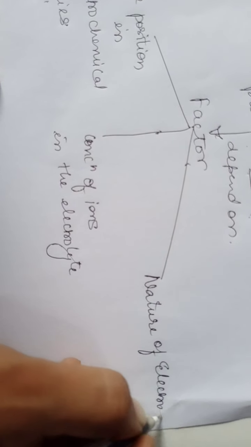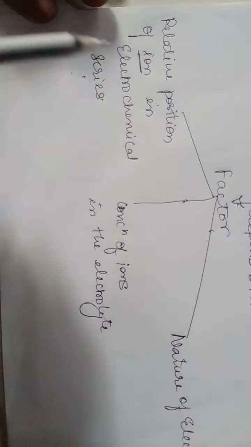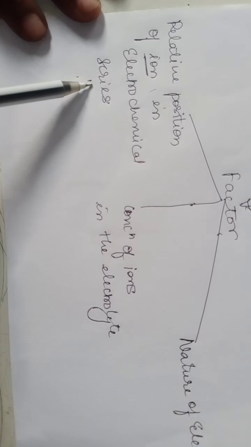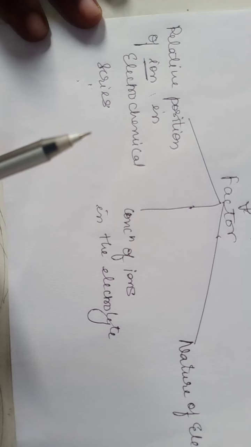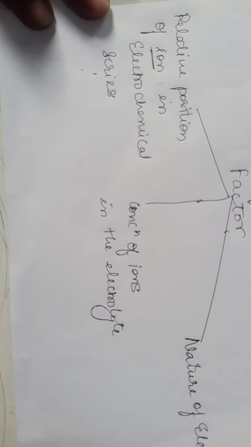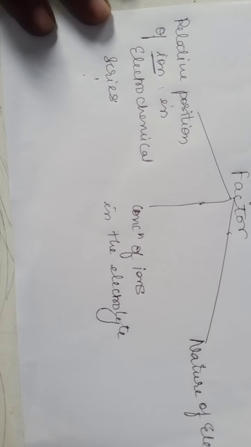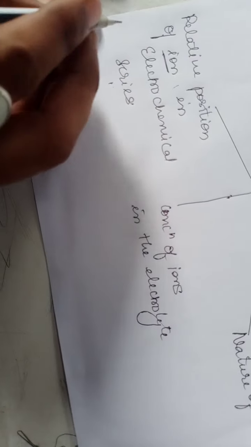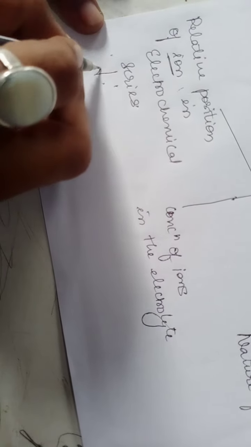Nature of the electrode we are using. So these three factors are very important. The first factor, I have already explained to you. According to the electrochemical series, the ion which is placed lower in the electrochemical series will get deposited first. Are you getting? So here, the first factor says that